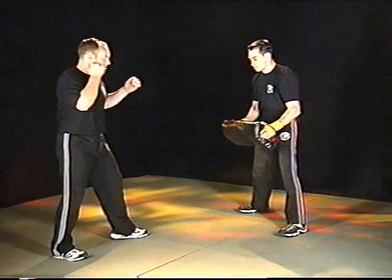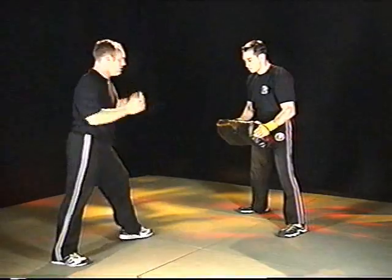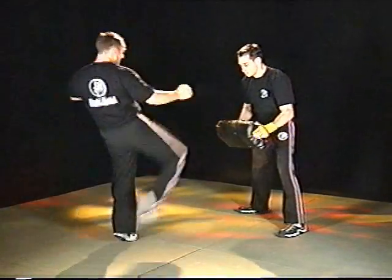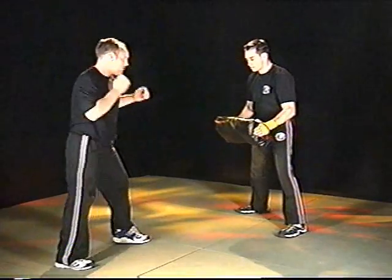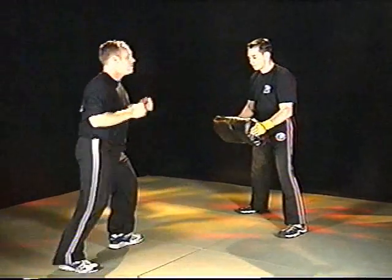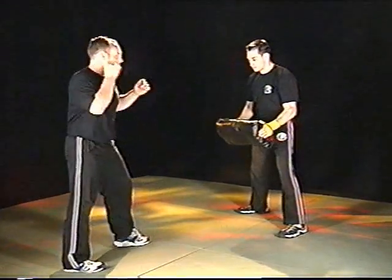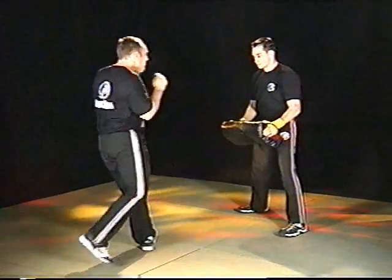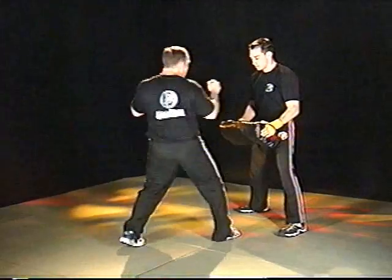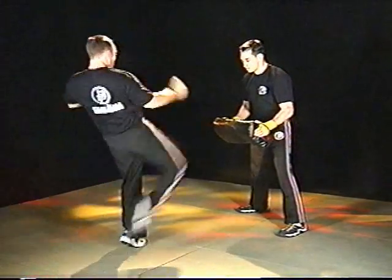As much as possible and as much as is comfortable, we try to emphasize to keep our hands up to protect our upper body. Elbows are in to protect the rib area. The hip comes forward, which is much like our right shoulder advancing towards the target when we punch. Note what is occurring with the base leg. As the kick is on its way being delivered to the target, the base leg